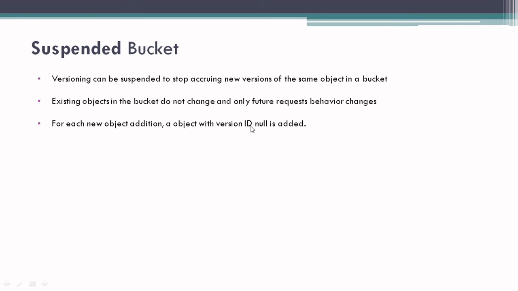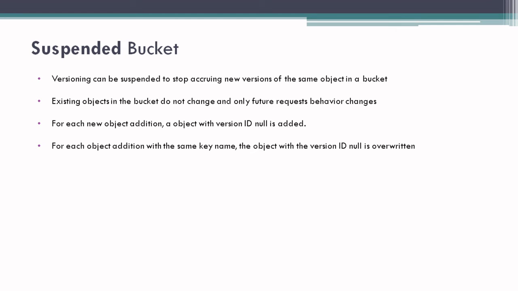So you will have the benefit of both, previous versioning enabled and non-versioning. All your previous versions will remain as they are, plus you will get version ID null for your new objects.